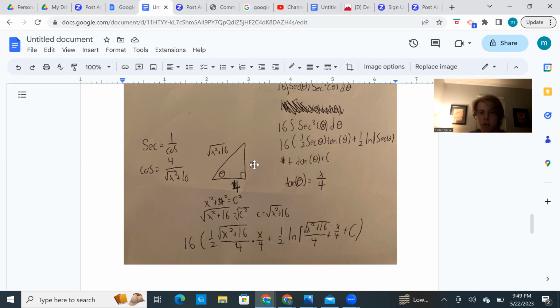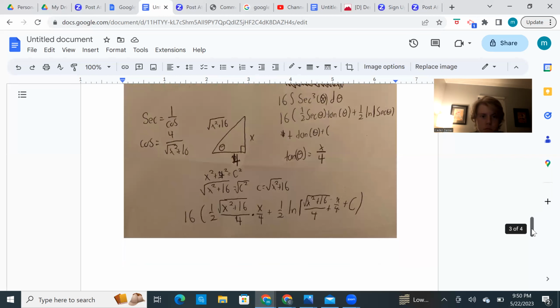So on the right there, you'll see I identified tan theta as x over 4. So right off the bat, I knew that I could fill those in. And then I just did some basic algebra here with the Pythagorean theorem to get the square root of x squared plus 16 as the hypotenuse. And then we needed to find secant, and given the basic trig identities, secant is the inverse of cosine. And given that cosine equals 4 over the square root of x squared plus 16, I was able to flip